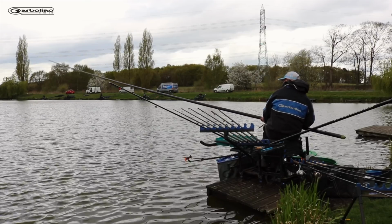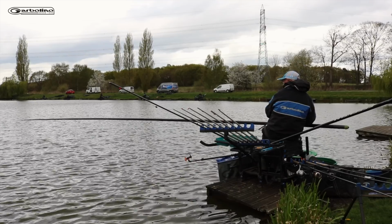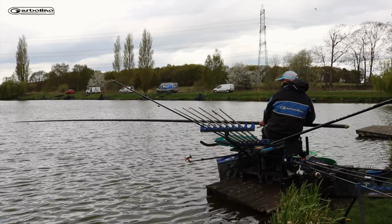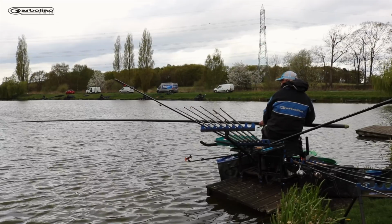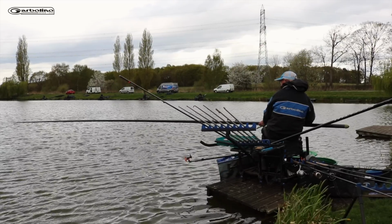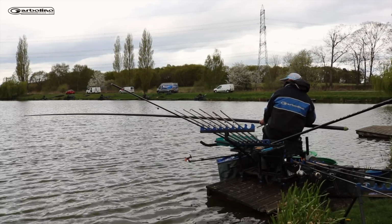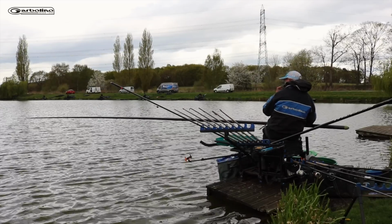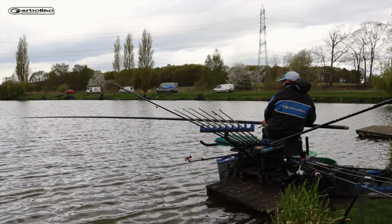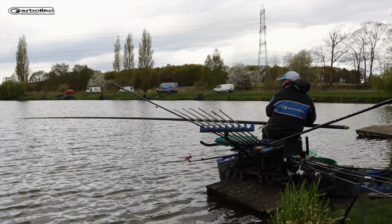There's odd ones showing themselves, and it's just mainly a matter of when they want to start feeding, whether that be on me 6 metre line or shallow. But there's quite a few fish showing themselves shallow. So, and it's another problem you have, because they're so cute here at Hayfield, because they're so cute here,